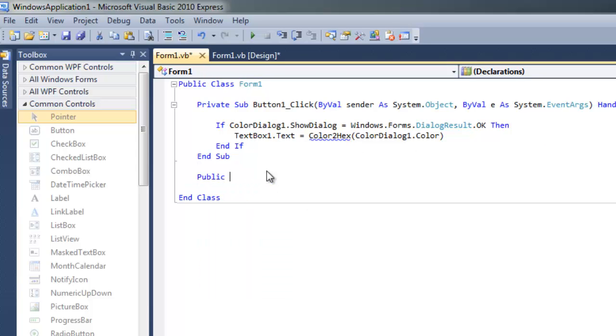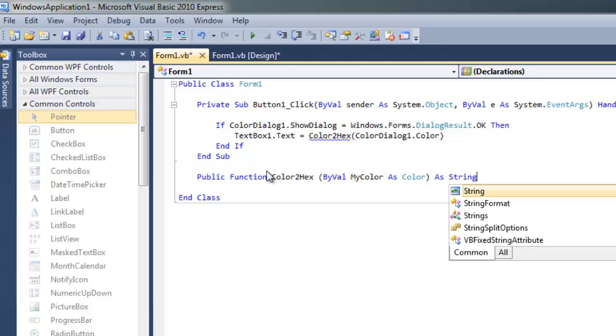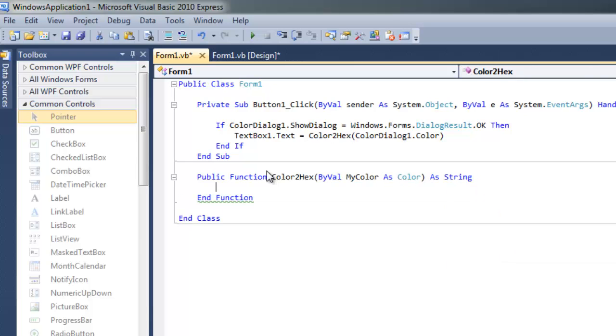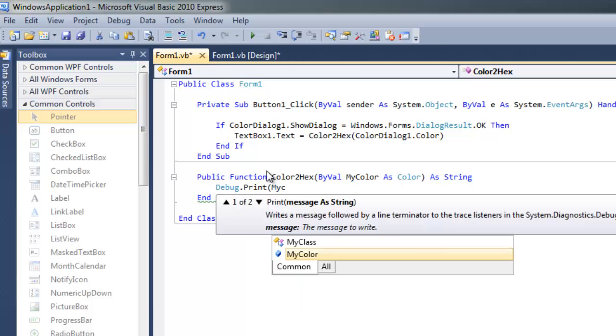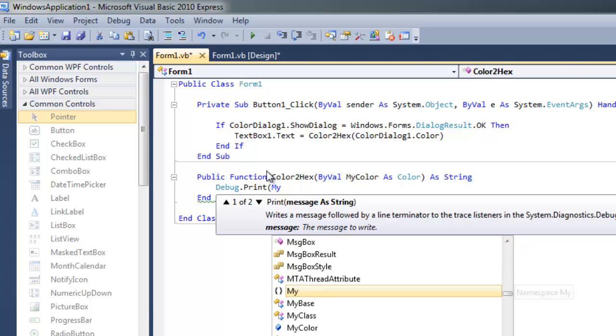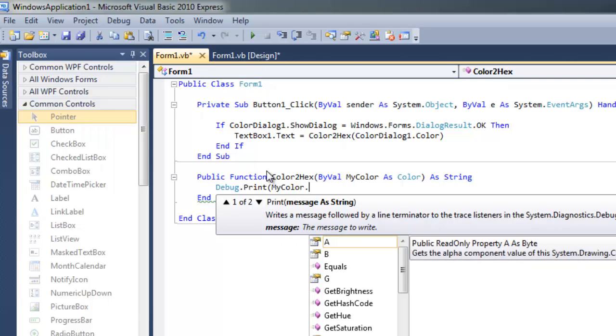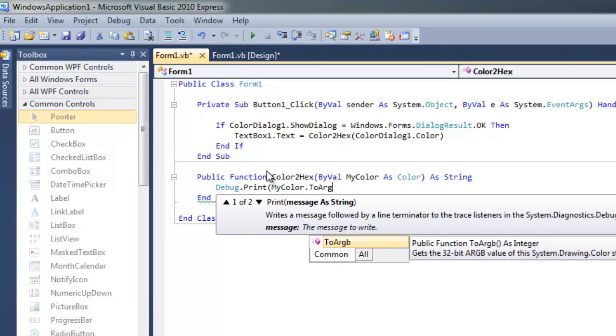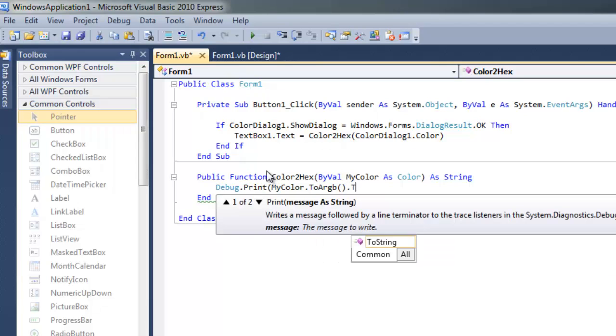For that, type Public Function ColorToHex, inside which we are going to give the parameter ByVal MyColor As Color, and this will return a string, and inside that I'm going to debug and print MyColor, or you can go for OK dot ToArgb, and then convert this using ToString,